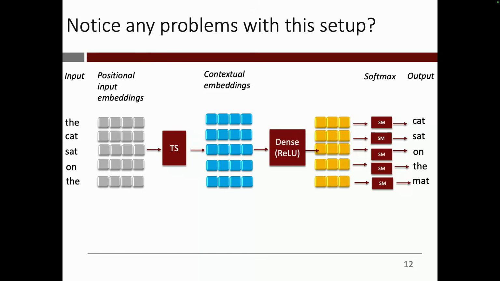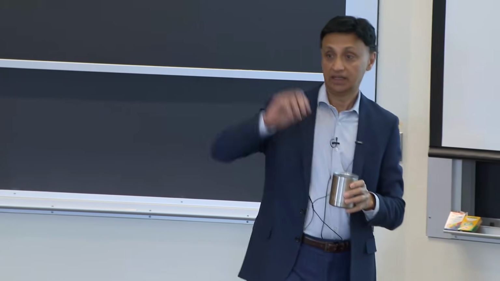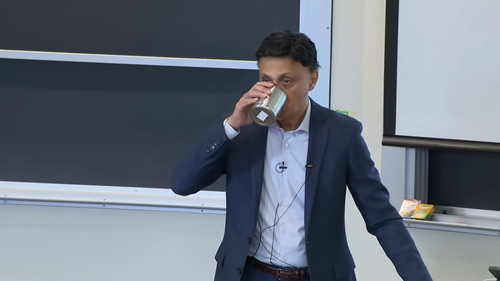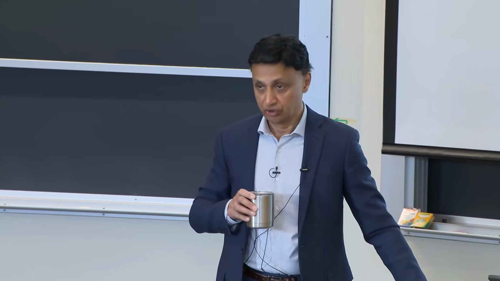Do you notice any problems with the way this thing has been set up? For some words like "the," you're going to have a lot of potential outputs that come out of that. Which means that for a word like "the," the next word is very hard to predict. It's hard, true. So some words may be hard to predict, depending on the last word of the input. That's what you're getting at, yeah? Other concerns? Yeah. Since you're using contextual embeddings, the output of the first word is going to have access to the second word, and so it's kind of like cheating.